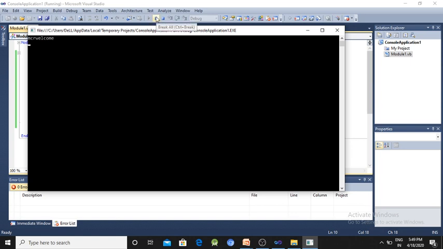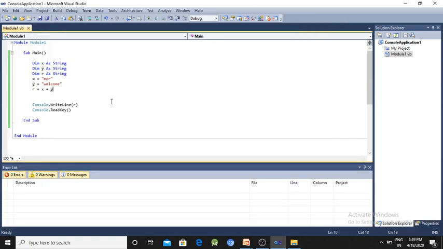That means here the plus operator does not add, it works as concatenation. When the values are of the same type, the plus works as concatenation.